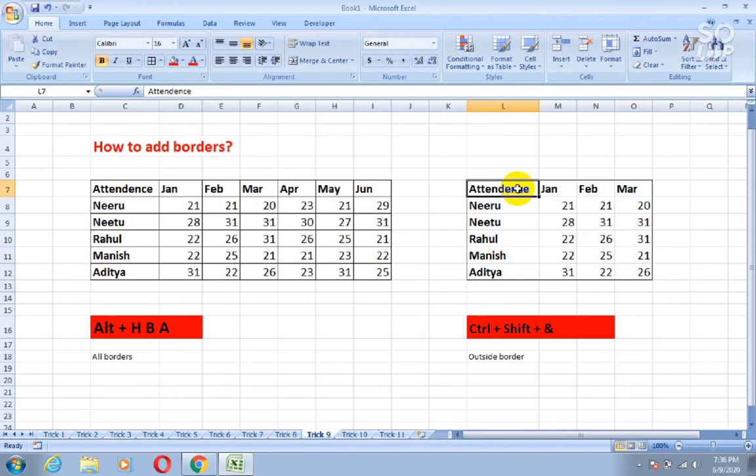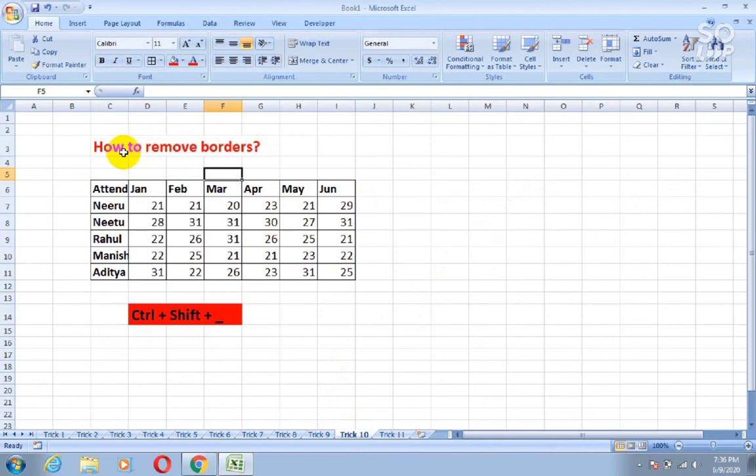Now if you want to remove these borders, simply again select your data and then press Ctrl Shift and underscore on your keyboard, like I have written in the video also. You can check it out. Now your border has been removed.